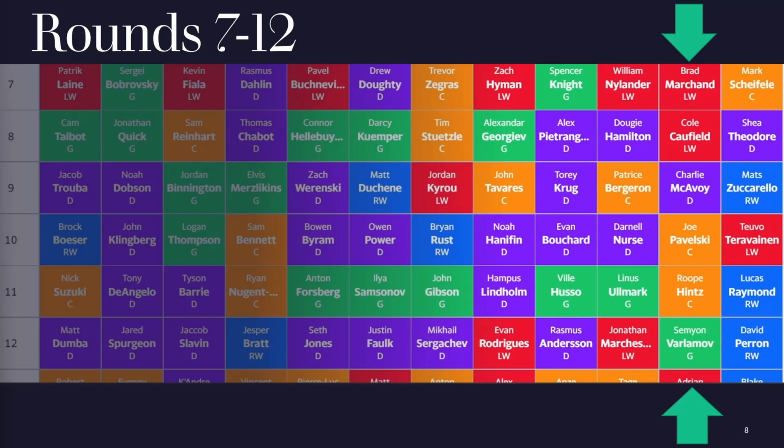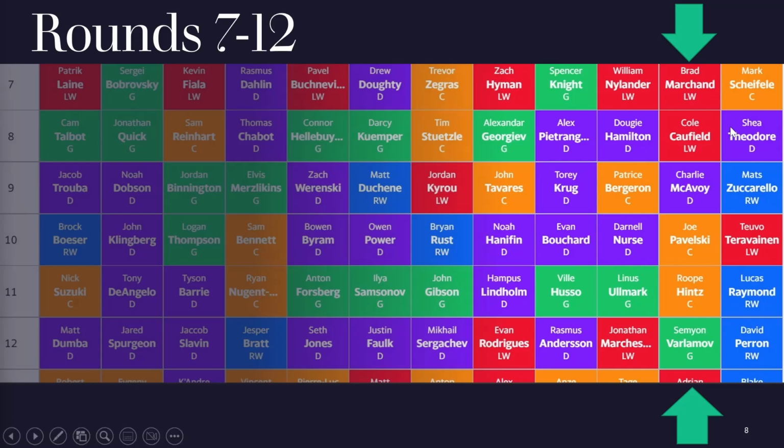My next pick was another one that I've explained in a few videos. The fact that Brad Marchand is still available in the 7th round is kind of crazy to me. I completely understand that he won't play until at least Thanksgiving, and he had double hip surgery, so there is definite risk there. But when healthy, he's a 1.2 point per game left wing. He's usually a top, maybe back half of the 1st round, early 2nd round pick, and he drives a lot of offensive production and category coverage for your team. If you want the full breakdown on his file, visit the Marchand timestamp in my buy low targets video, and that's the one where he's on the thumbnail.